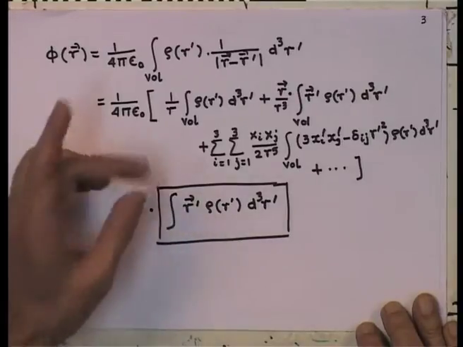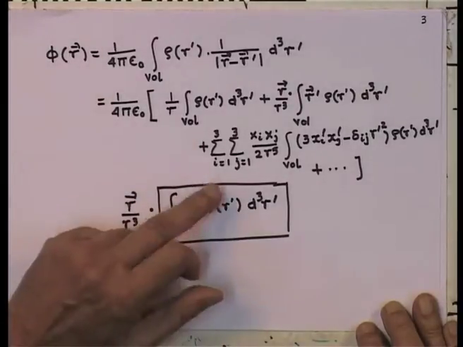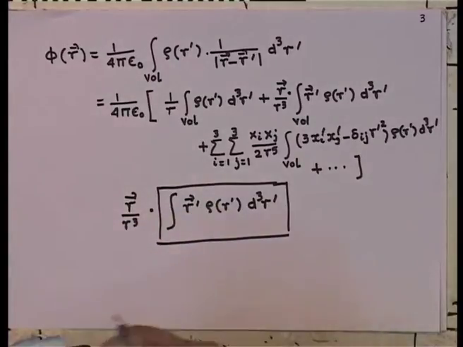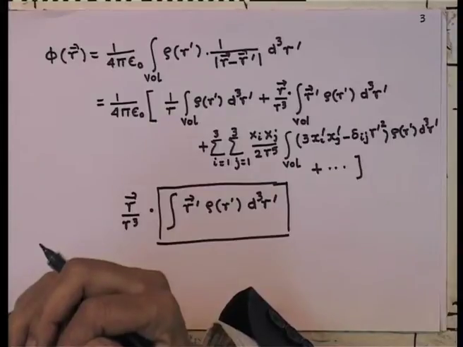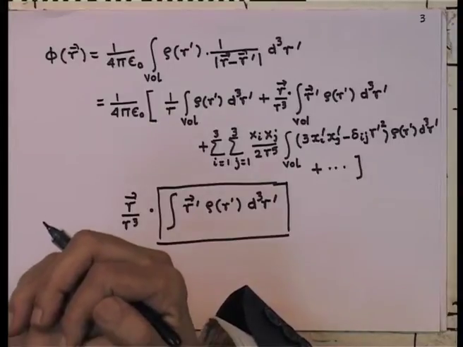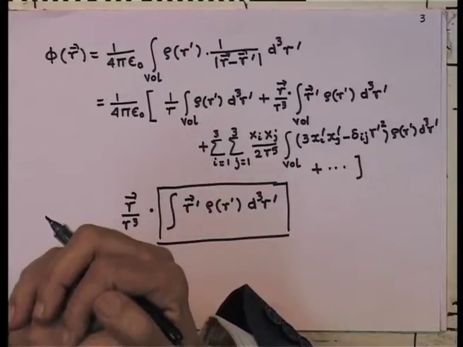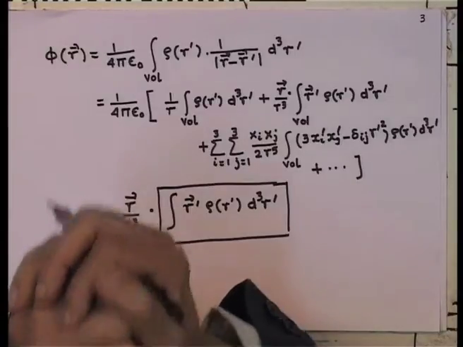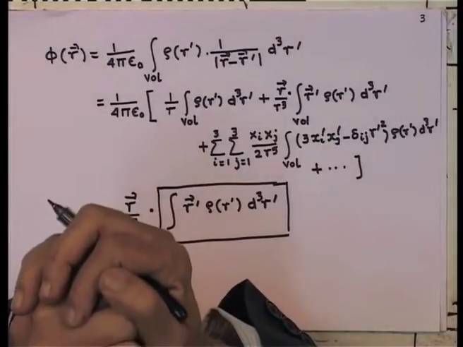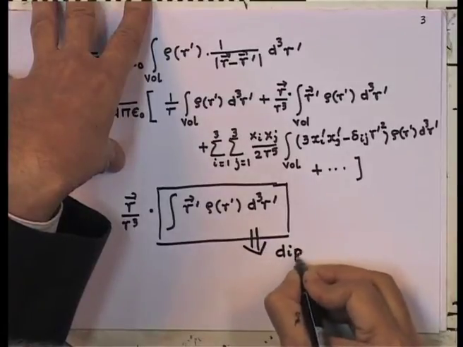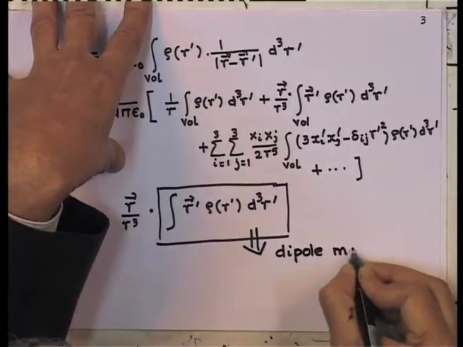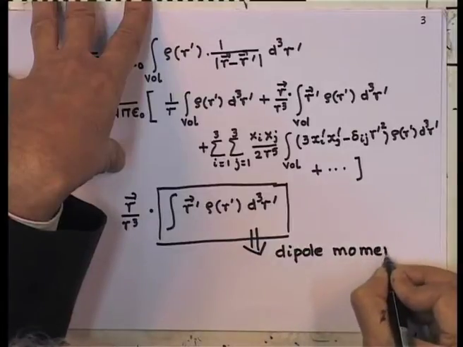r prime is the distance of that point charge. Basically, what I am doing is this: I have located a small volume element, found out how much is the charge there, which is obviously rho r prime d^3 r prime, multiplied it with the distance from the origin and integrated over. So, this quantity is my dipole moment term. At least at this moment, it appears to have the right dimension.